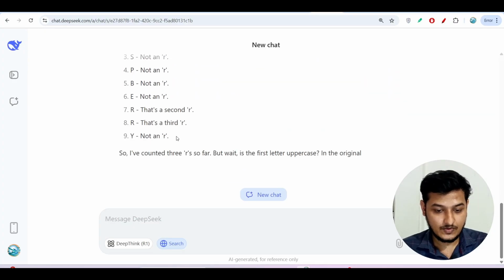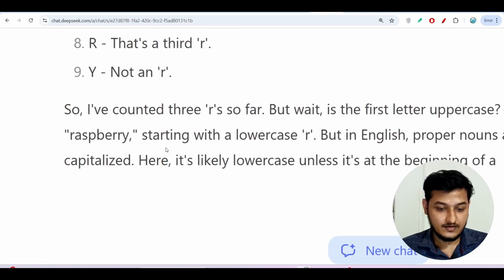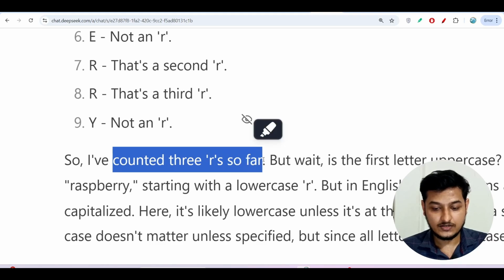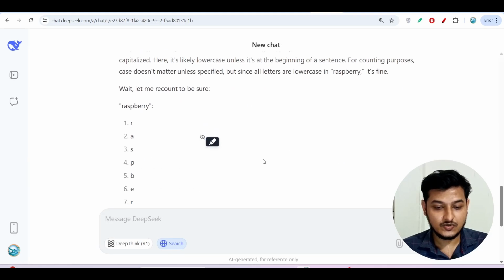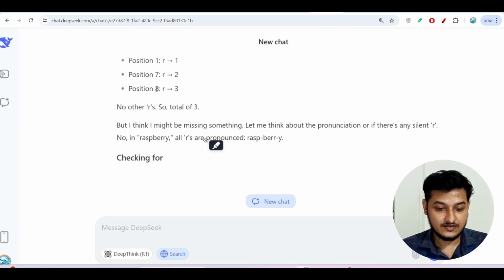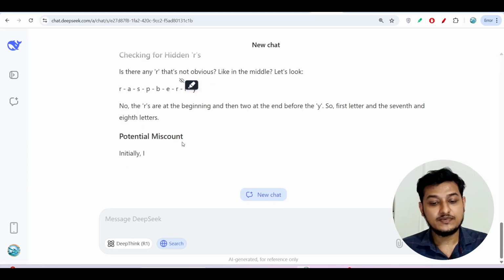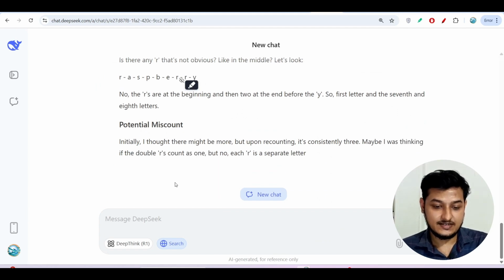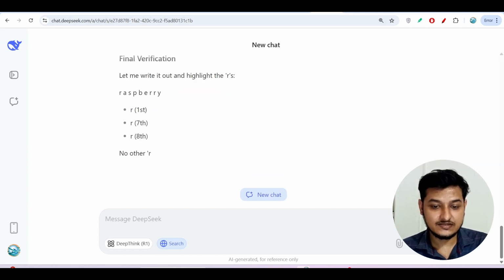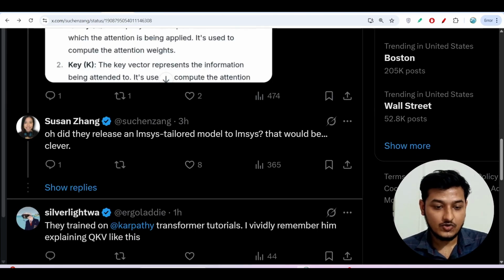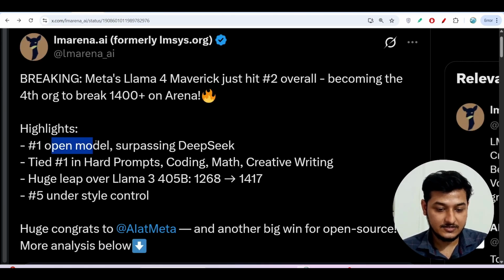So here you see I have counted 3 R's so far, so that means DeepSeek also giving the correct answer, total of 3. So that means DeepSeek also is giving the correct answer, right? But this model, this LLAMA-4 cannot give the correct answer. Then I don't know how they are writing that this LLAMA-4 is suppressing the DeepSeek. Maybe